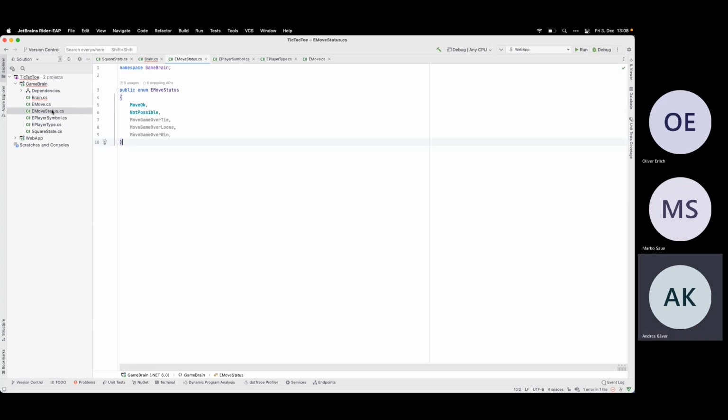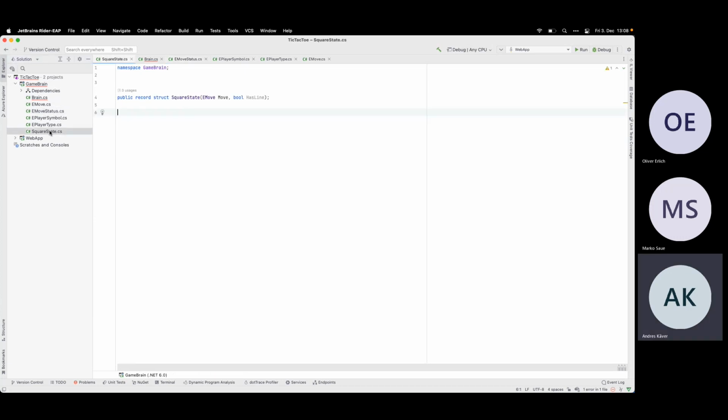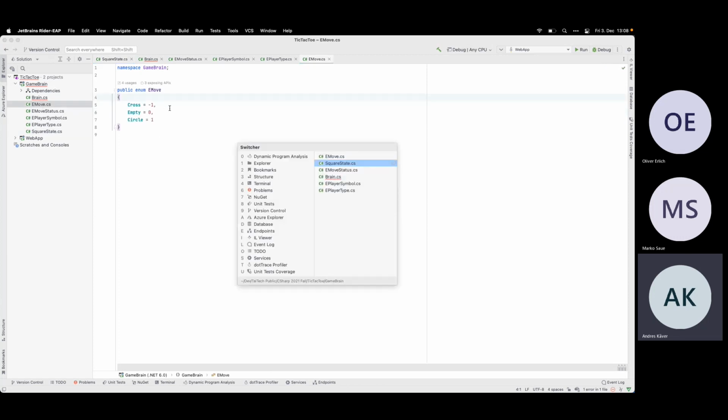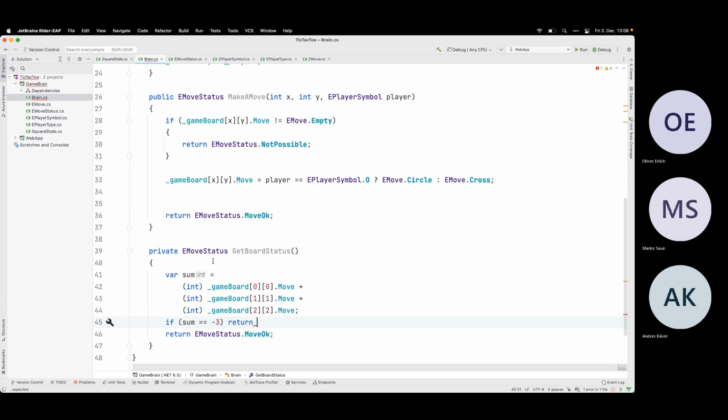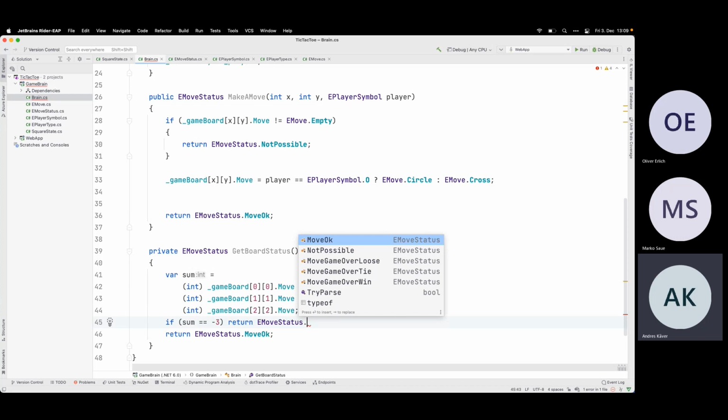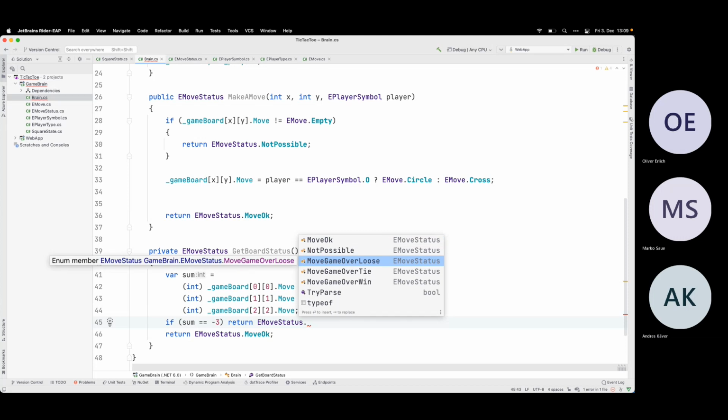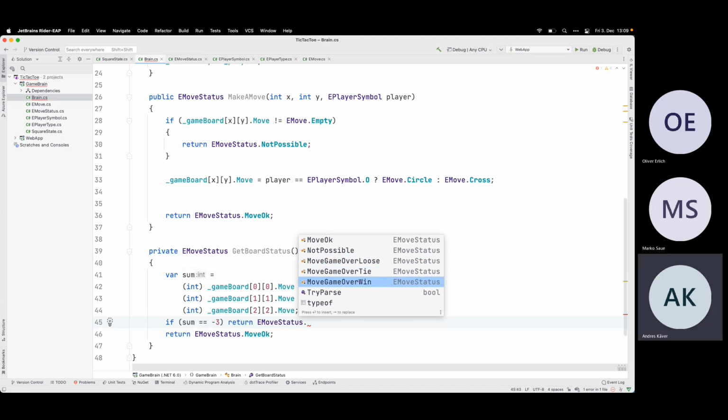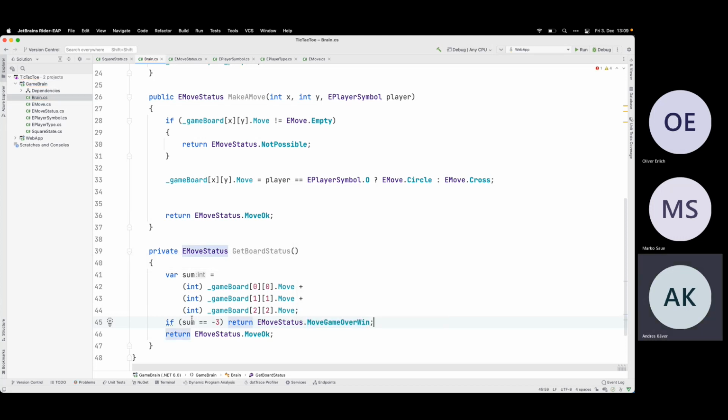EMoveStatus, no. Where was it? Square state, no. EMove. So cross is -1. Okay, I can do this. Yep. Doesn't matter which one, or sum equals 3.